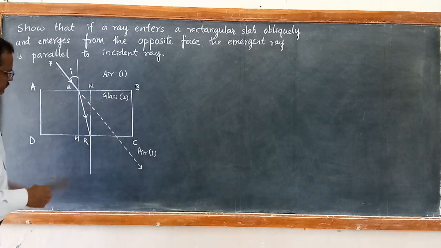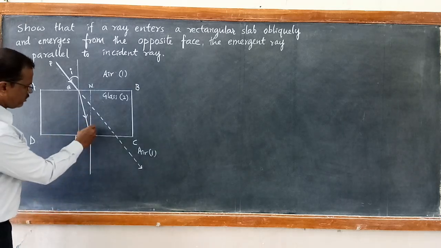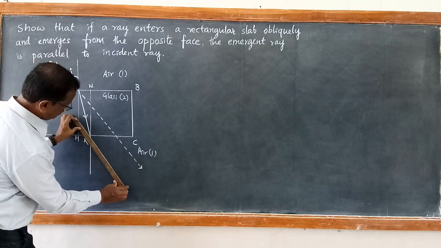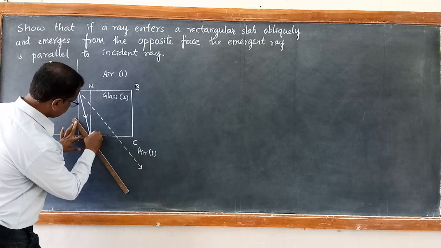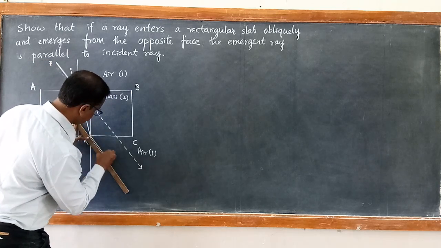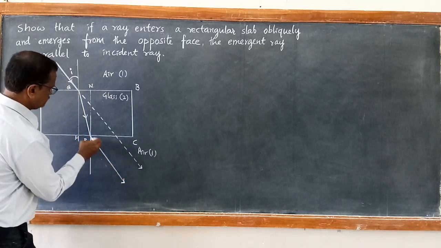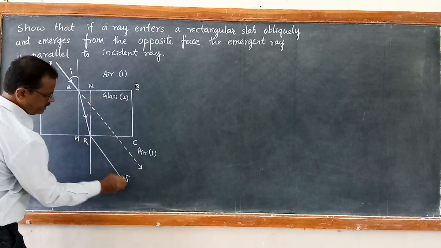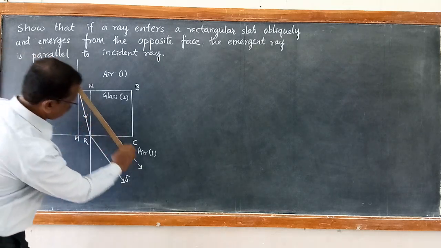Now at the point of interface, at this point R, we have drawn a normal. Now it bends away from the normal. When it bends away from the normal, you see interestingly, this becomes the emergent ray. This is RS. So PQ, QR, RS. If the glass slab would not have been there, the ray would have gone straight away.